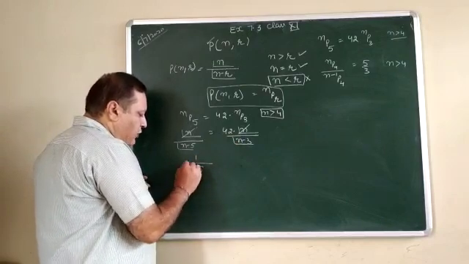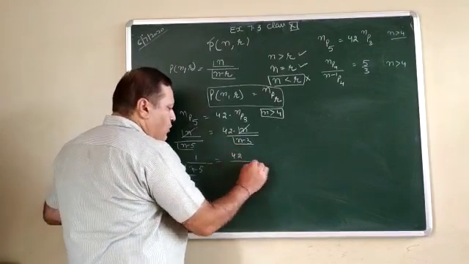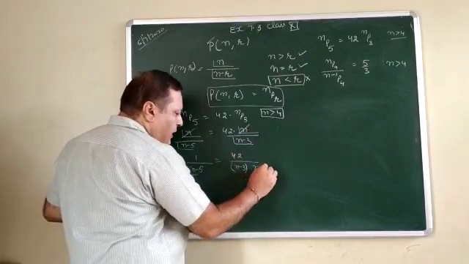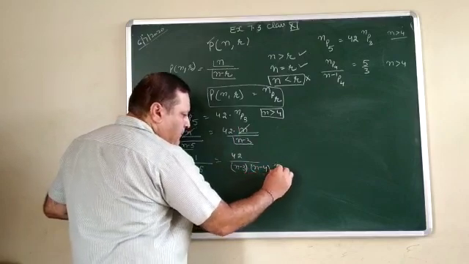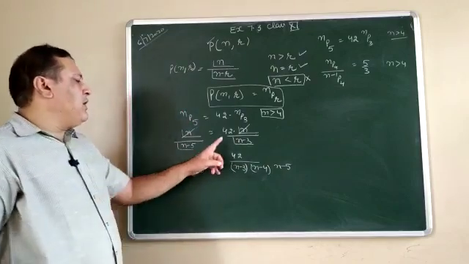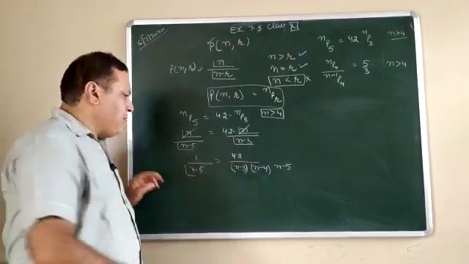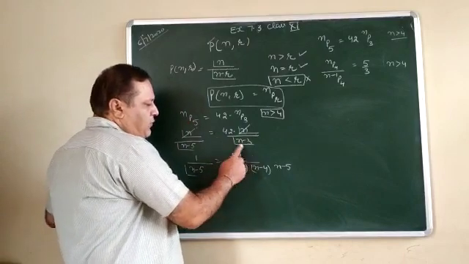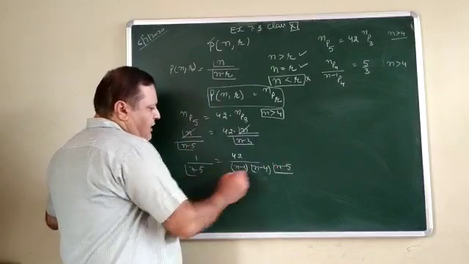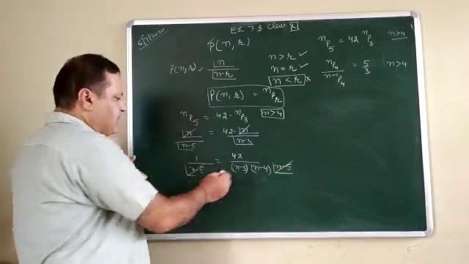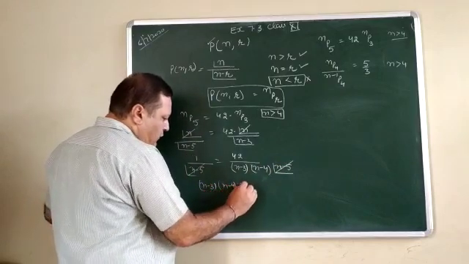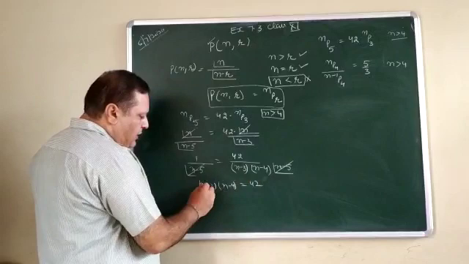n minus 5 factorial as it is, 42 upon, first of all, n minus 3, reducing 1 at a time. By reducing 1, it is n minus 4. By reducing 1, it is n minus 5. Because we have a rule for factorial that we can reduce only 1 at a time. So n minus 3, then n minus 4, then n minus 5, and stop the factorial here. Now this n minus 5 and this n minus 5 get cancelled. Cross multiplication: n minus 3 times n minus 4 is equal to 42, a quadratic equation.